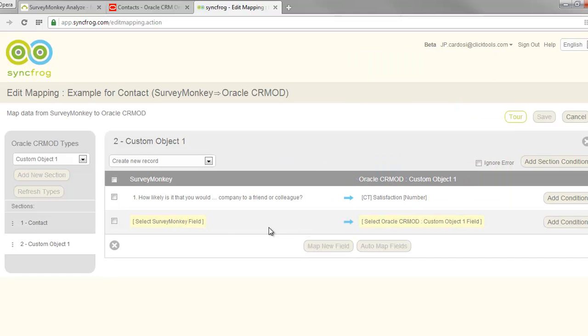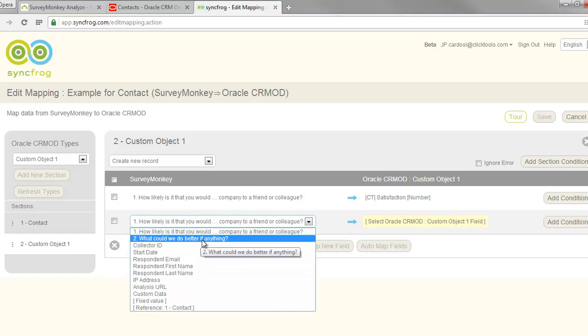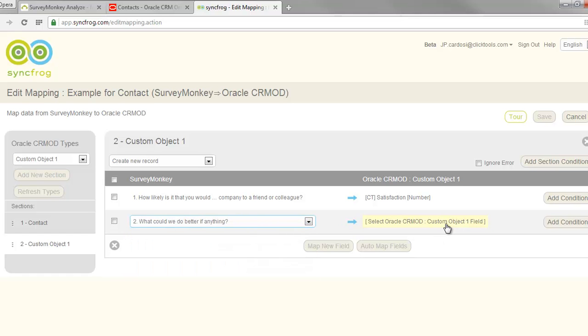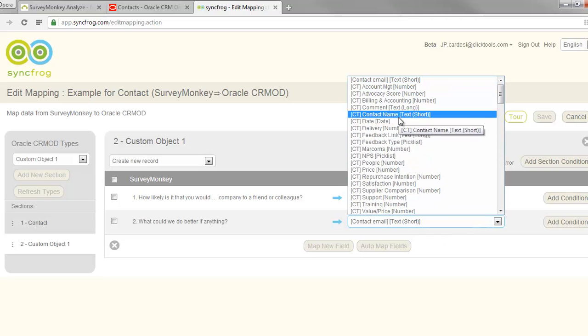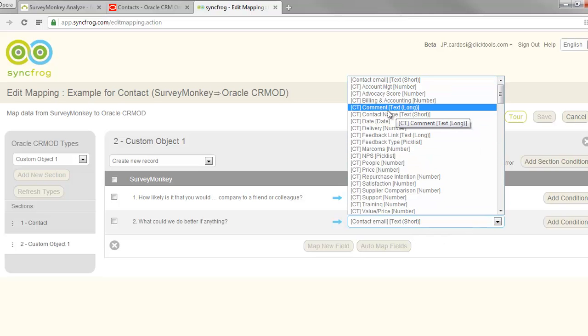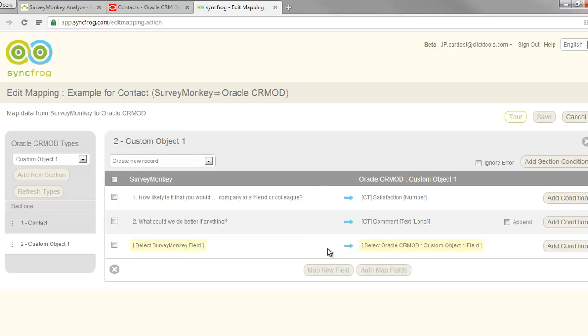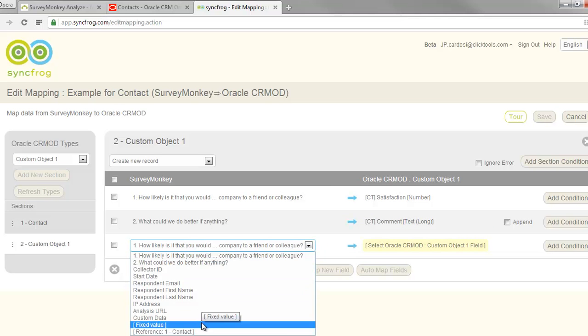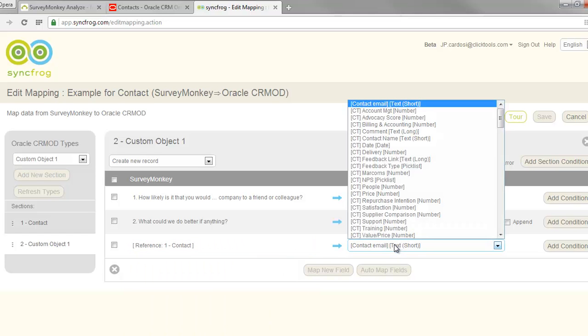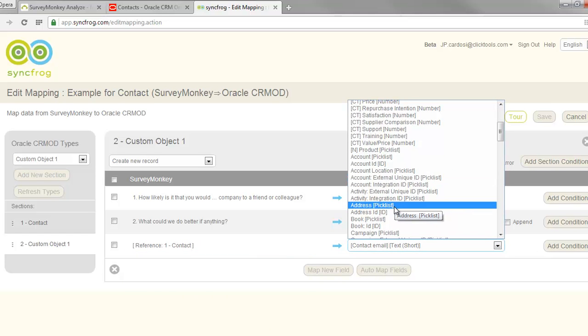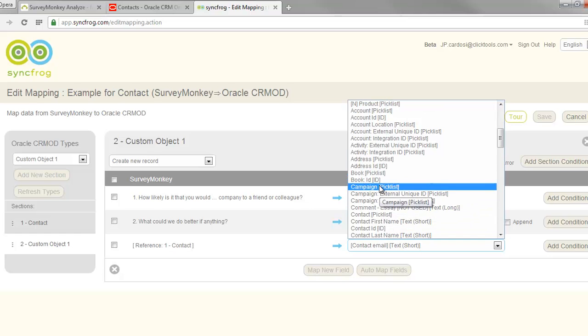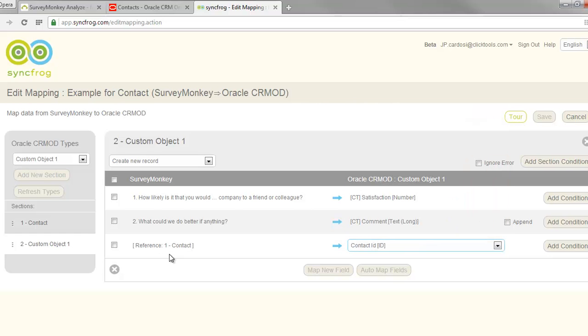I'm also going to map the text field I had over. What could we do better, if anything? And that's going to go to our comments field. And you'll see that it says comment text long. And I also want to reference our contact here to our records. So inside of our custom object here, we have our contact ID, which it's grabbing from our first one. So the first one's going to update existing or create new,